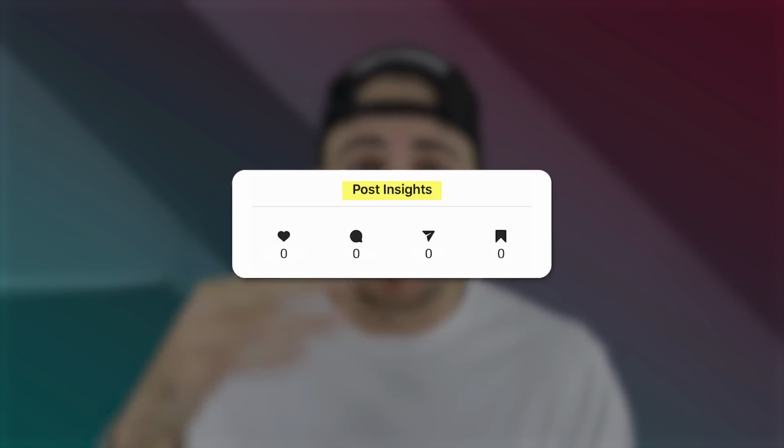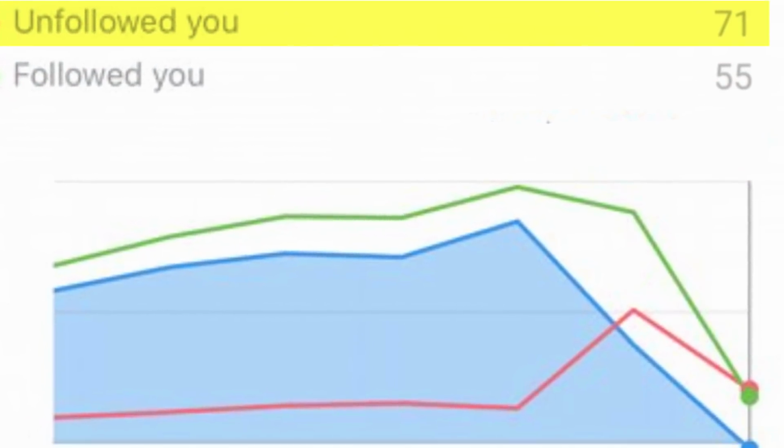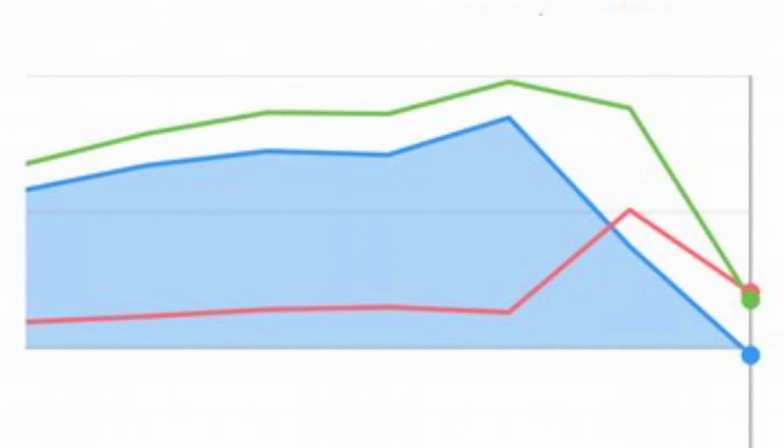And Instagram knows that, because when Instagram sees that people aren't engaging with your content because they're not interested in it, well then guess what happens? People stop following you. You might even begin losing followers, and a lot of you, your views start to go down, or you never see that viral growth that you see so many of your competitors have.